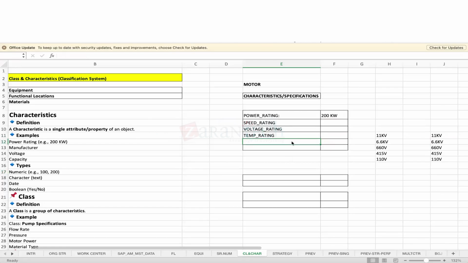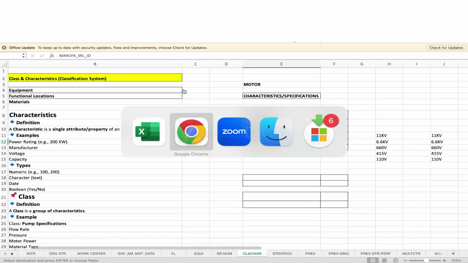Next one, assume we would be requiring a manufacturer part number, something like this. Any individual, or we wanted to mention our own manufacturer serial number, any unique identification or technical identification number, I will write it. Anything we can choose. So let me go for,